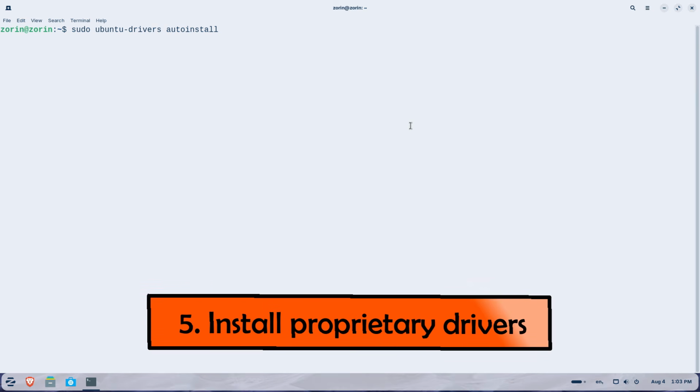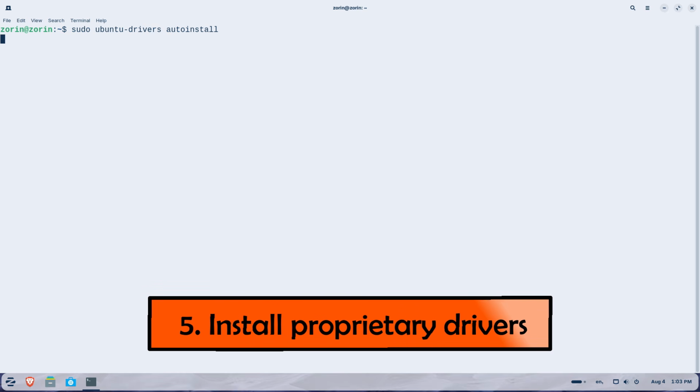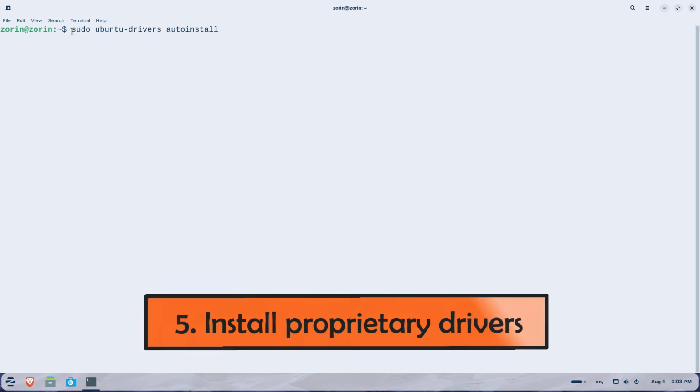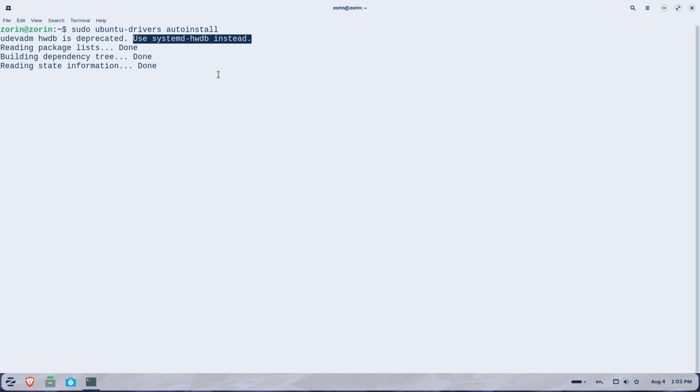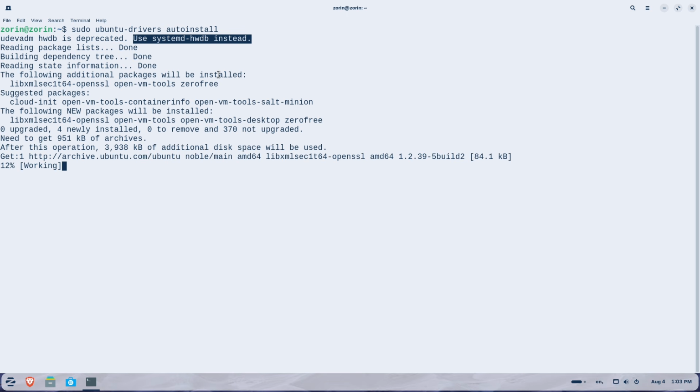Now, the fifth point. Install proprietary drivers. If you are using specialized hardware, particularly an NVIDIA graphics card, the open source drivers may not give you the best performance. Open a terminal and run this command, which is sudo